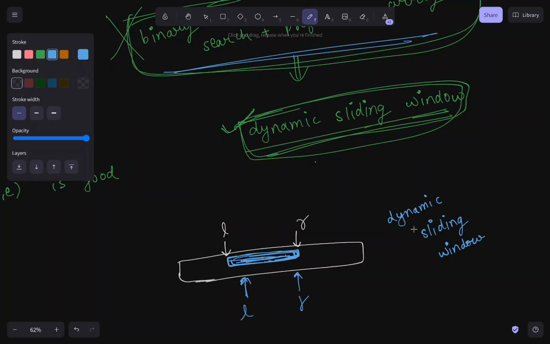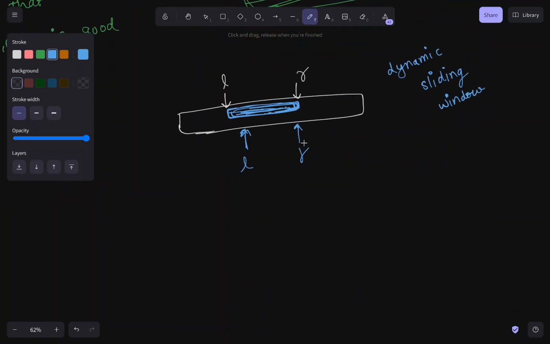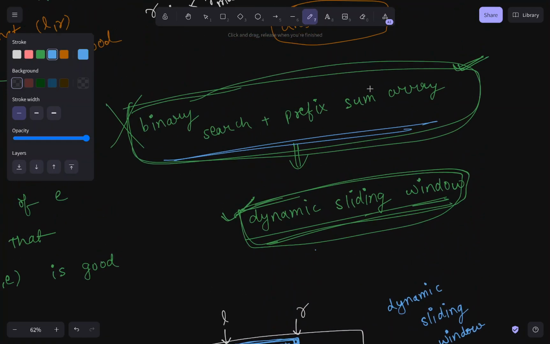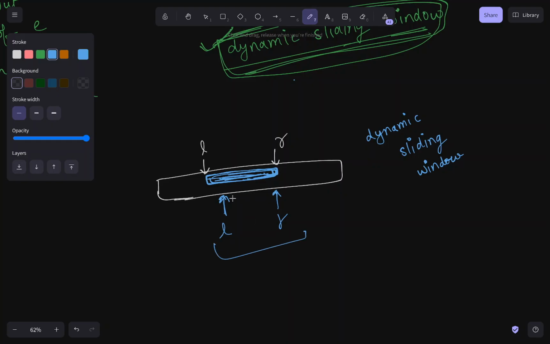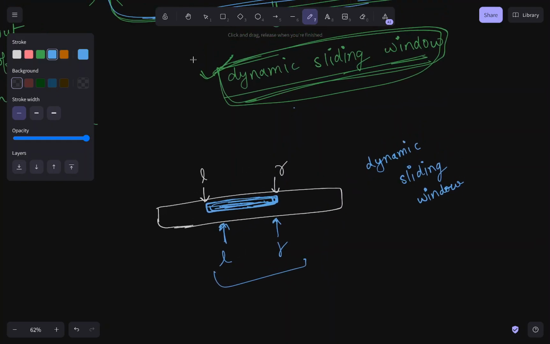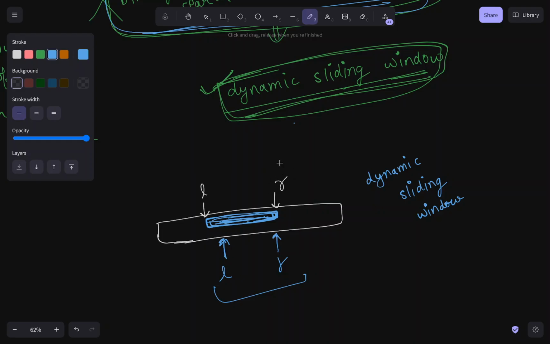Almost always. There might be some complicated cases where it might be difficult or not possible with dynamic sliding window, though I'm not sure if there is any case where it is not possible. But I believe that most of the times whenever I have solved a problem with this method, almost always this thing also holds up, or probably this should always hold up, because we were able to apply binary search here, and this method